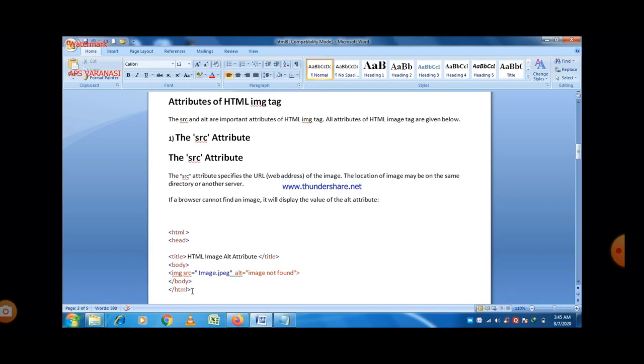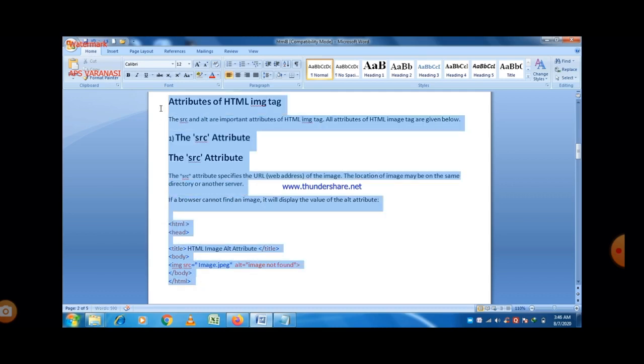So now let us talk about the attributes of different HTML images. Now I think you are able to insert an image in a web page. Now let us talk about the different attributes of an IMG tag. First and the most important attribute is SRC. Always remember that IMG is a tag and SRC is an essential attribute of the IMG tag, and the name of the attribute is SRC, meaning source.